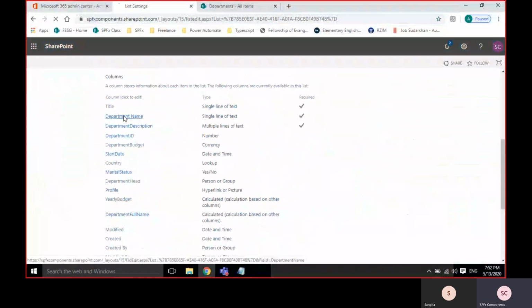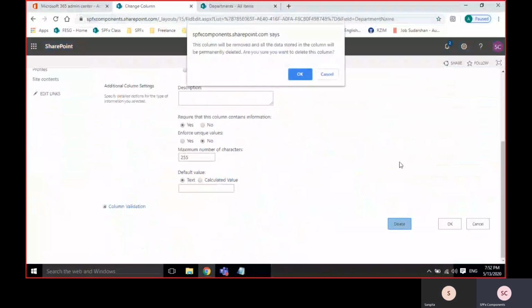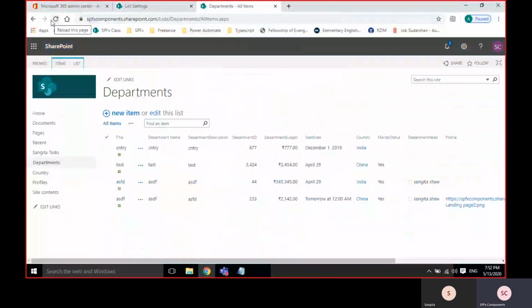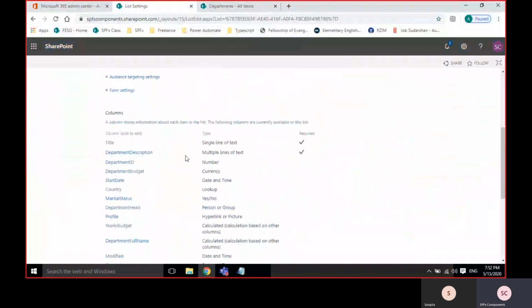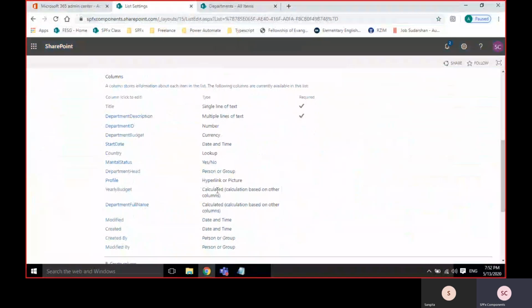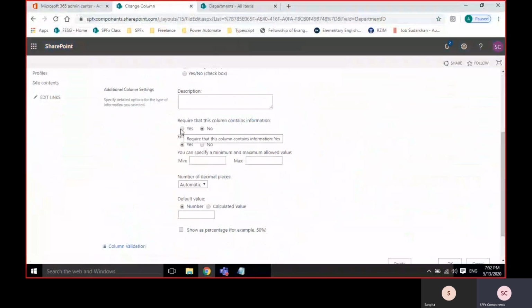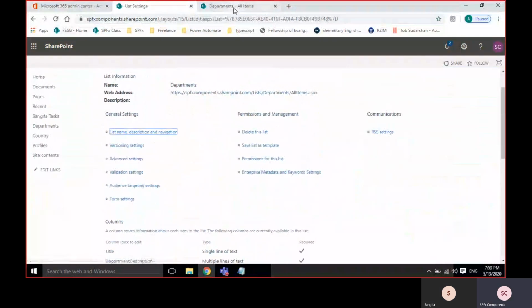So how to delete it? Just go here, you have an option called delete. Now the department name won't appear. You can edit it whenever you need. There is one more thing: for example, if I want to make it required, just come here and make it required.